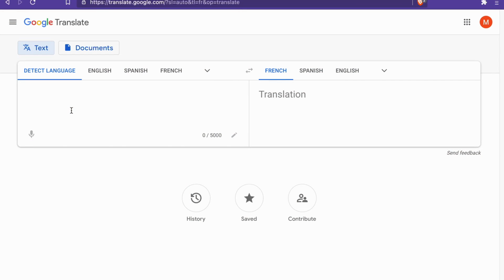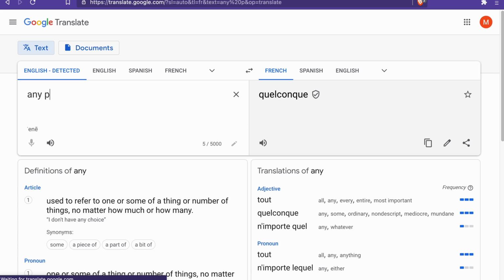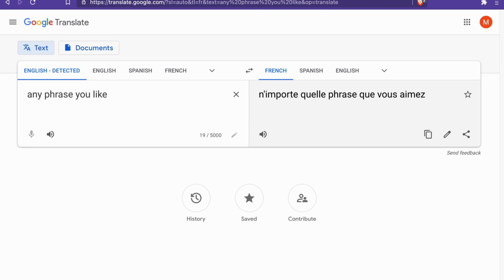Today, I really want to share with you some additional features of the app Google Translate. Google Translate is a website you can access in your web browser at translate.google.com. If you go to that web address in any browser you choose, you're presented with this double text box where you can type in any phrase you like, and you can see how that is automatically translated into